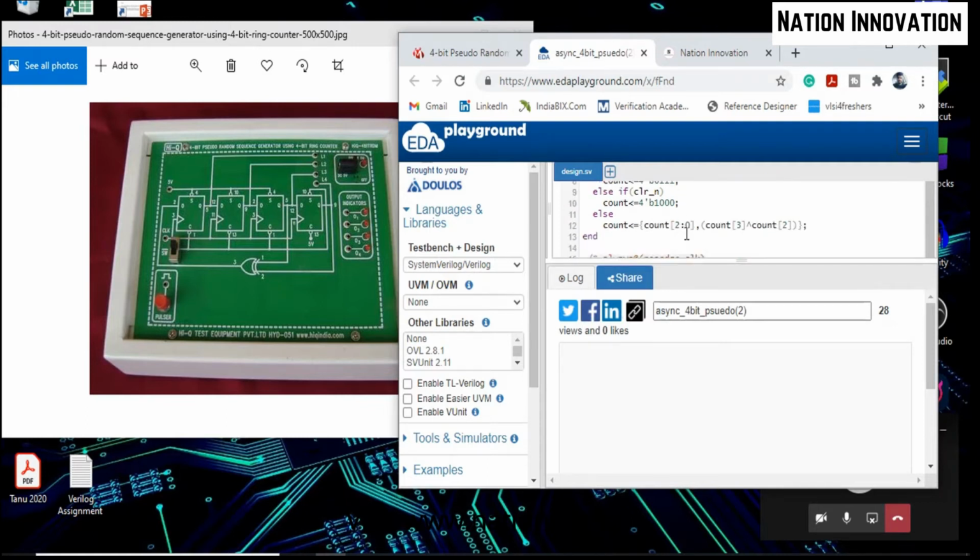Sir, can you explain the last part? How is it setting it? If we are pressing the clear signal, clear is connected to this one, and here it is also connected, and here it is also connected. This signal is not connected to here. We are not clearing this flip flop. What we are doing here is setting this flip flop.